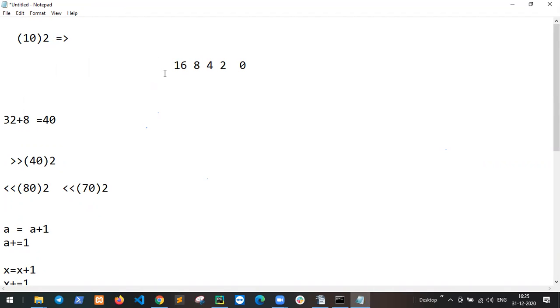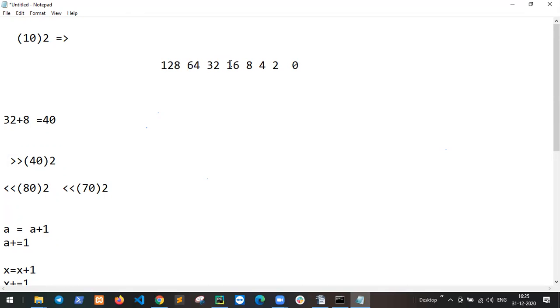You go on: 16, 32, 64, 128. This kind of thing. But the shift operator works on 8-bit characters. 8-bit means 1, 2, 4, 8, 16, 32, 64 and 128. Got it? Yes, sir.